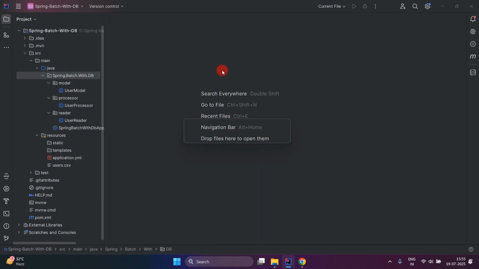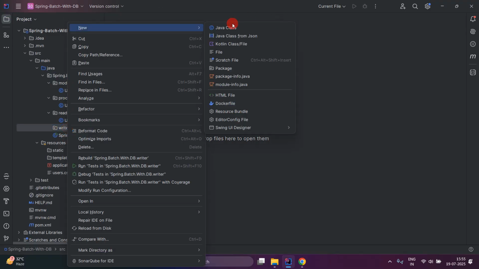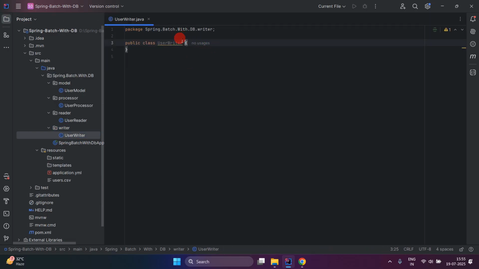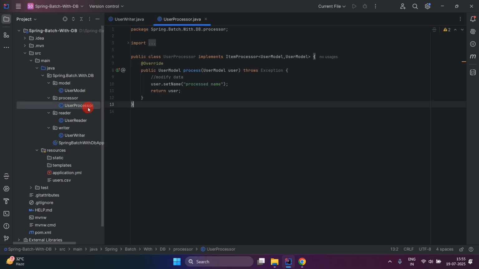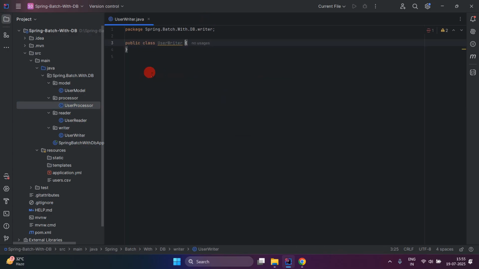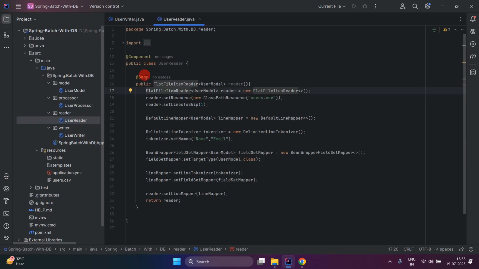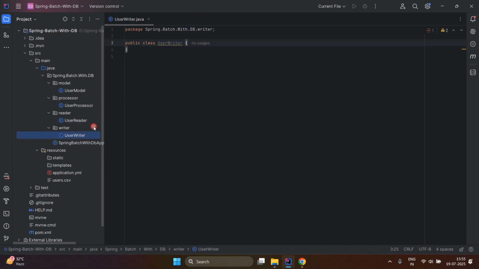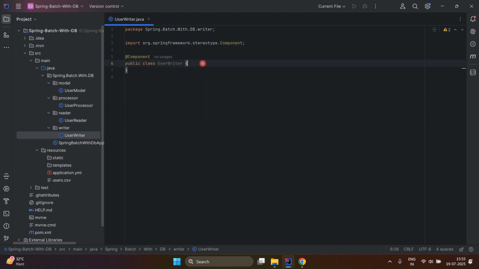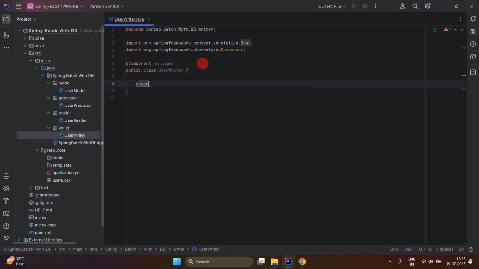Again I am going to create one more new package, and this will be the writer. So create one Java class of this writer, write user writer, and then annotate with @Component. And here also I am going to annotate with @Component in user processor. Similarly in user writer, just annotate with @Component, and in the user writer we will create one bean, and here we will write public